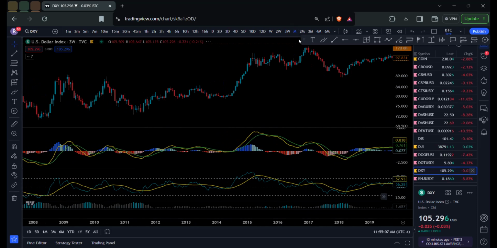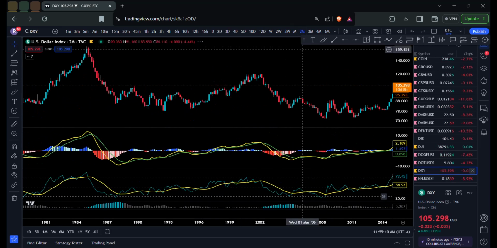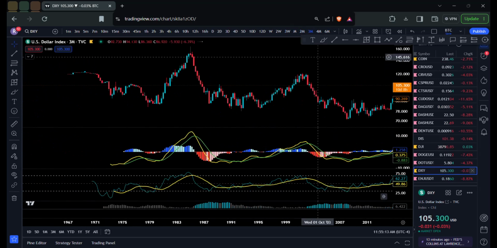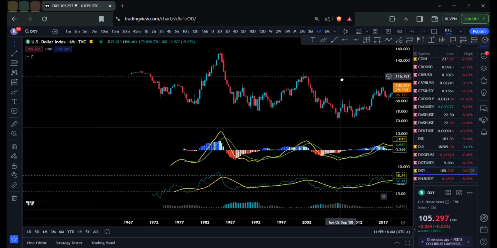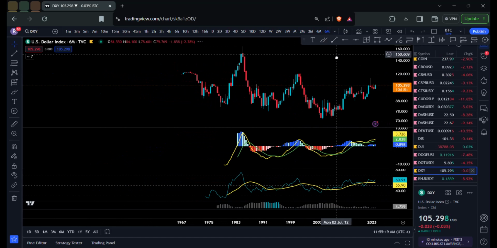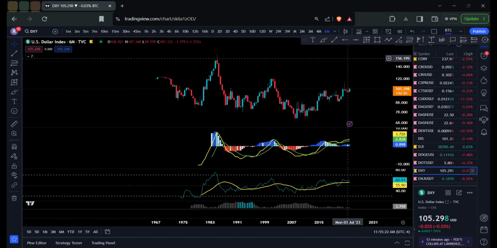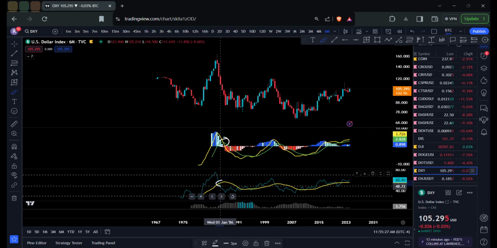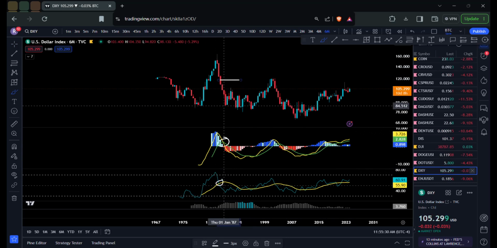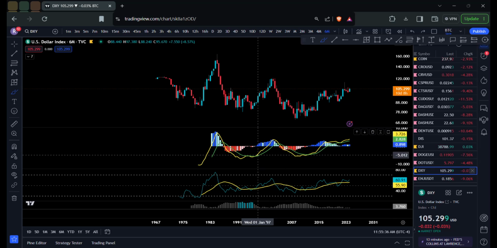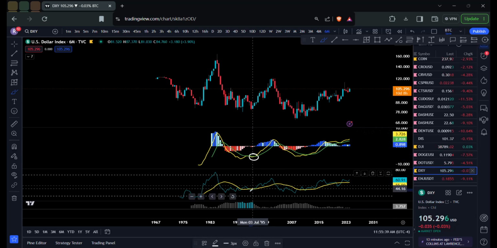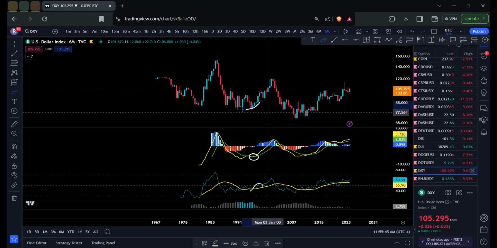When you have death crosses and golden crosses on the time frame that hasn't lied to you, let's go to it first, right? We were looking for something that has very minimal. Here we go, right? This is the 4-month, even the 6-month chart. Here we go. You start simple, right? Death cross, confirmation breakdown, DXY went from 117 to 84. Confirmation, right here. Golden cross, break of the moving average, use the moving average as support. You could have missed this whole wave here. Your confirmation could have been here,